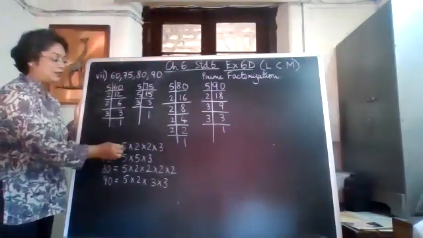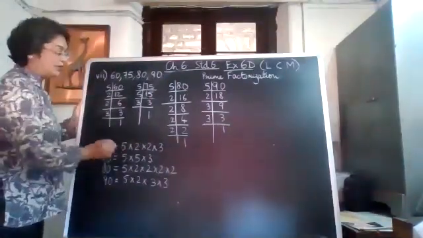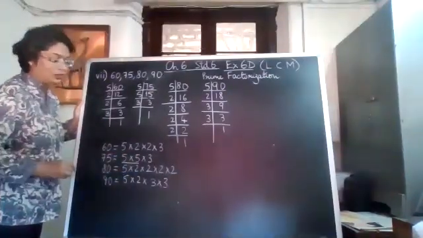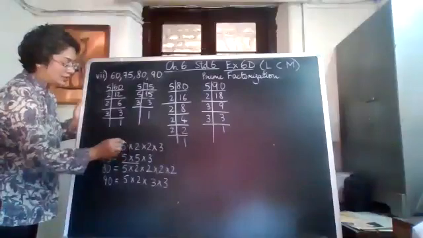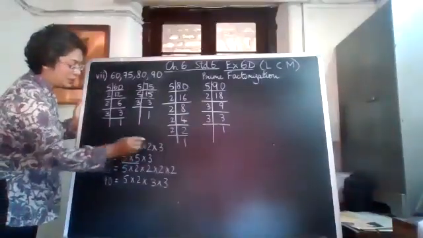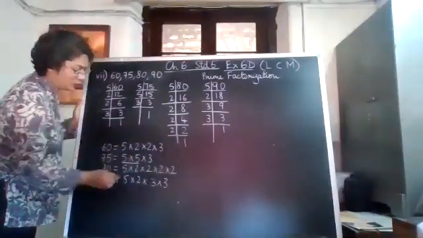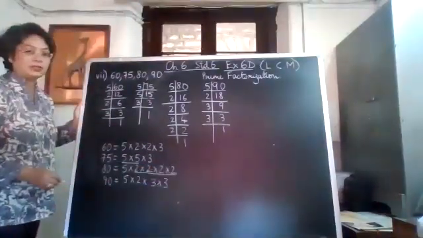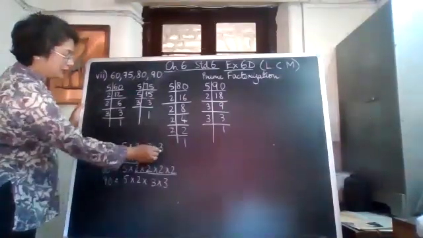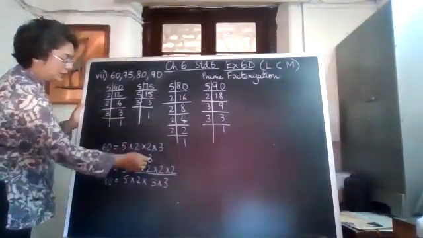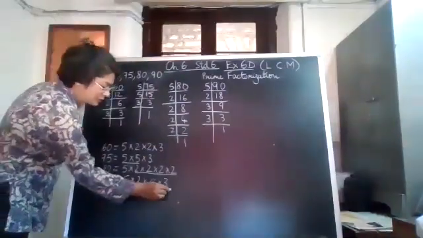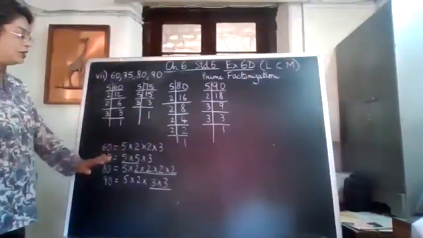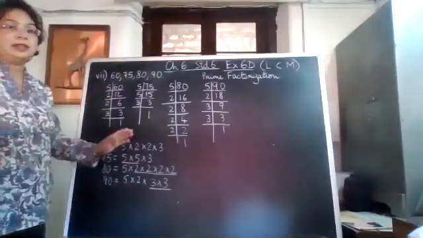I see where 5 is the maximum number of times. It's over here, 5 is appearing twice. Next I see number 2. It's appearing twice over here, 4 times over here, here once. So the maximum number of times is 4 times. Next factor 3. 3 is appearing once, and here twice. So the maximum number of times is twice. We have no other factors apart from 5, 2 and 3.